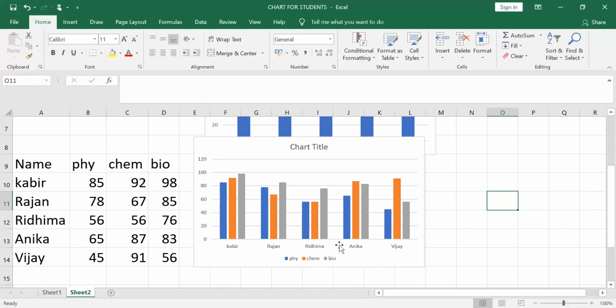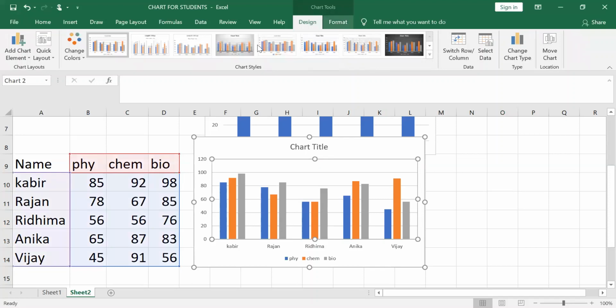Now what is an axis? The elements of a chart you already learned: the category axis, where the names are present, and the value axis, that is the y-axis, which contains the values. All types of formatting and design you can do from the chart tools: design, format, and chart layout. Now this is how to create a chart.